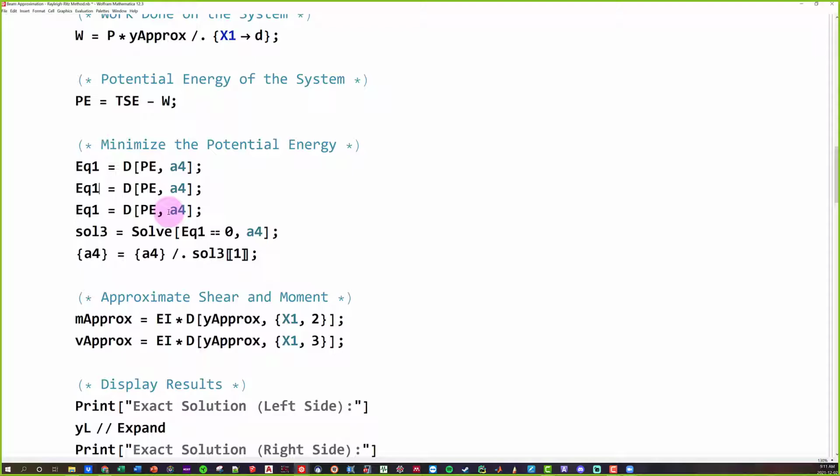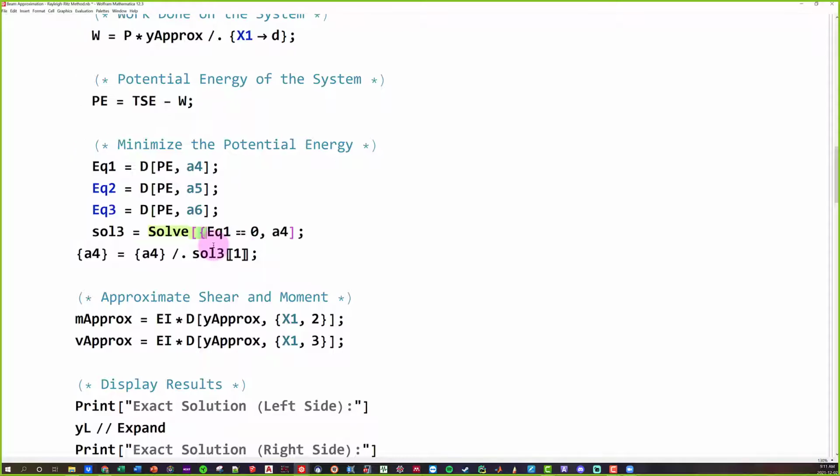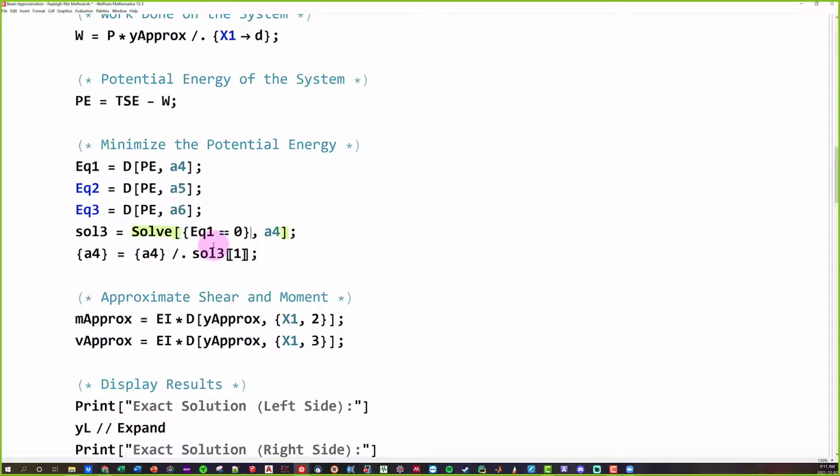So we'll call this equation 2. We'll call this equation 3. And instead of differentiating with respect to A4, we are going to do it to A5 and to A6. From here in my solve function, I'm just going to add my additional equations. Equation 2 is equal to 0. Equation 3 is equal to 0. And add my extra unknowns, so A5 and A6. And this is why I put the brackets down here initially, because now I can just add A5, A6,